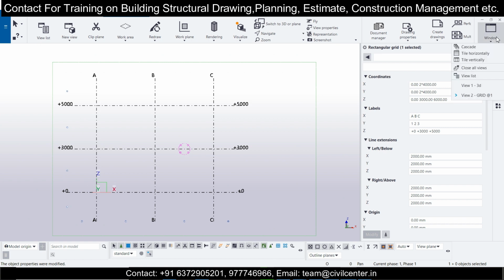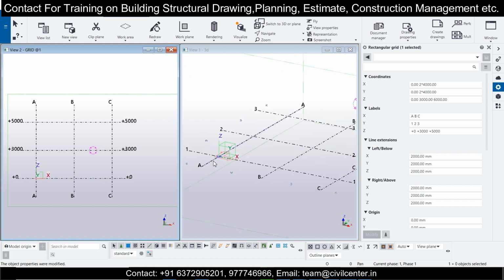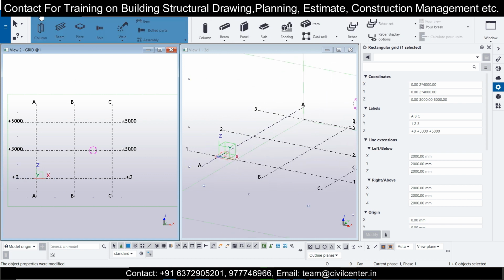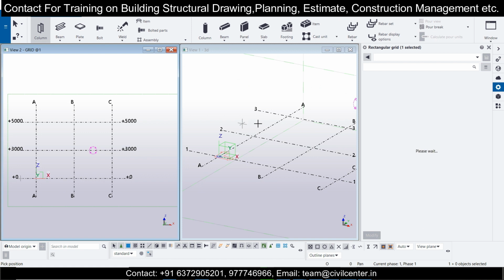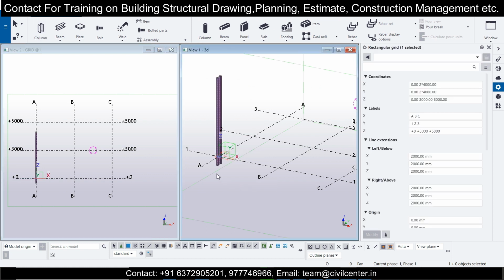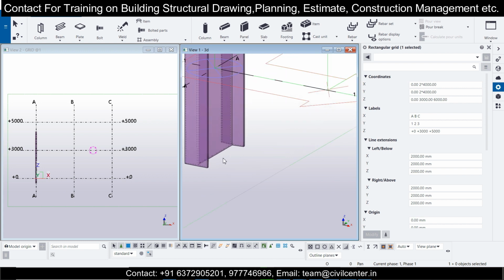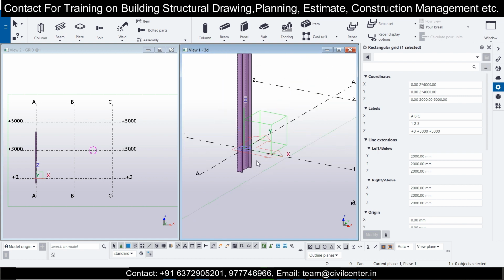Once we have done that, we can place the columns here, so we can work on the 3D viewer and work simultaneously by tiling the windows vertically. So in the 3D view, let's go to steel. We'll select the columns here, and place the column at any point which we like. Just place the column here and then click on escape, and after that you can toggle between your transparent view, as you can see, or the opaque view. Ctrl+4 gives you opaque, Ctrl+2 makes this transparent, so you can toggle between them.